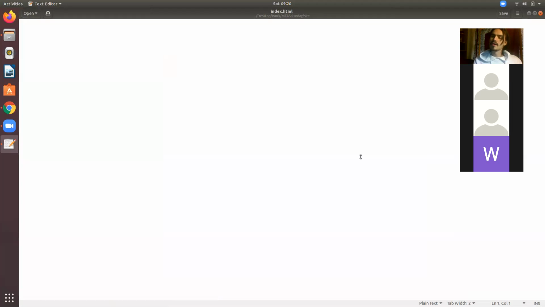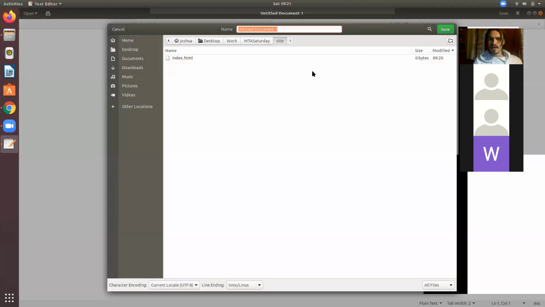Now we have to do that a couple more times because, like I said, we need to create 3 files. So we're going to create another file. We're going to say create new document. For you, it'll be like file new probably. We're going to save the second document, and this document is going to be called